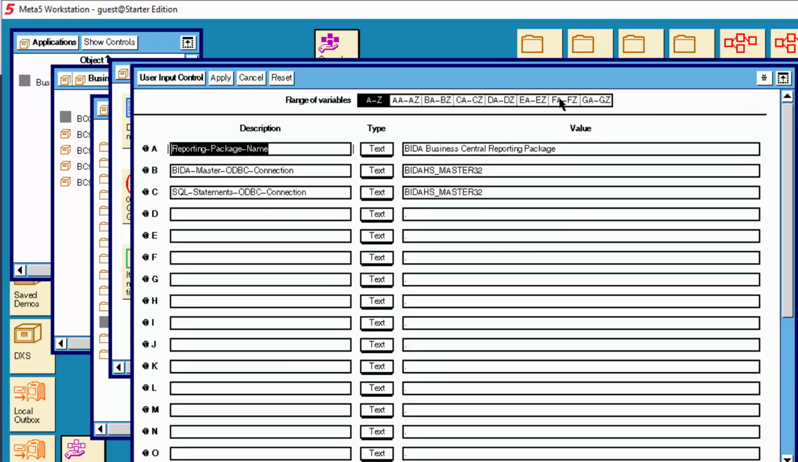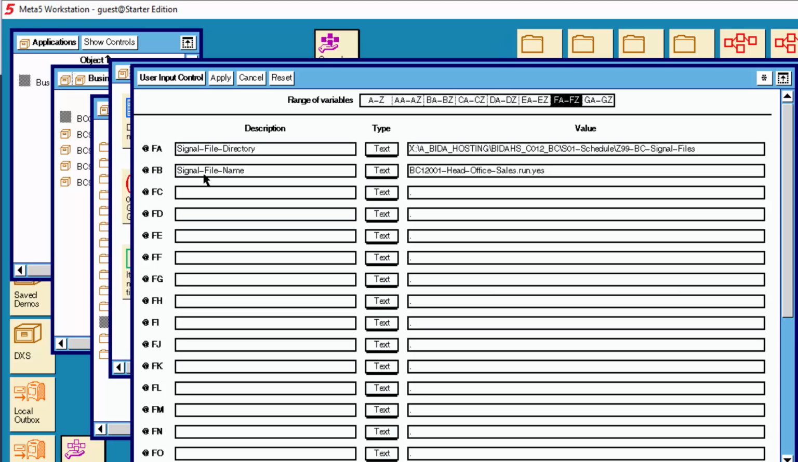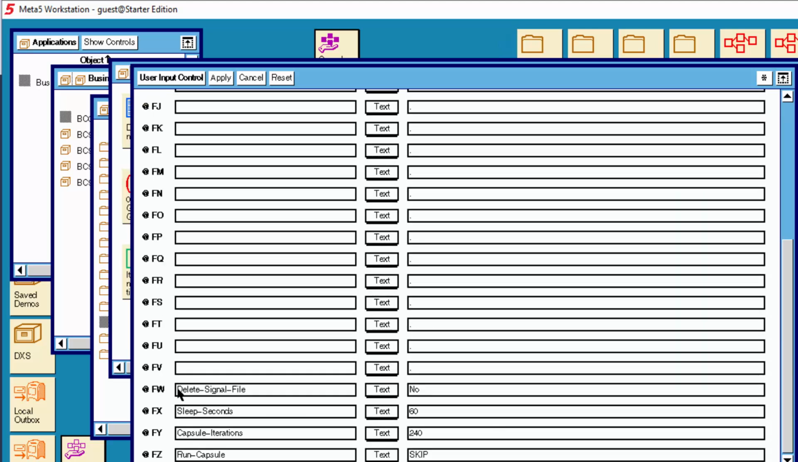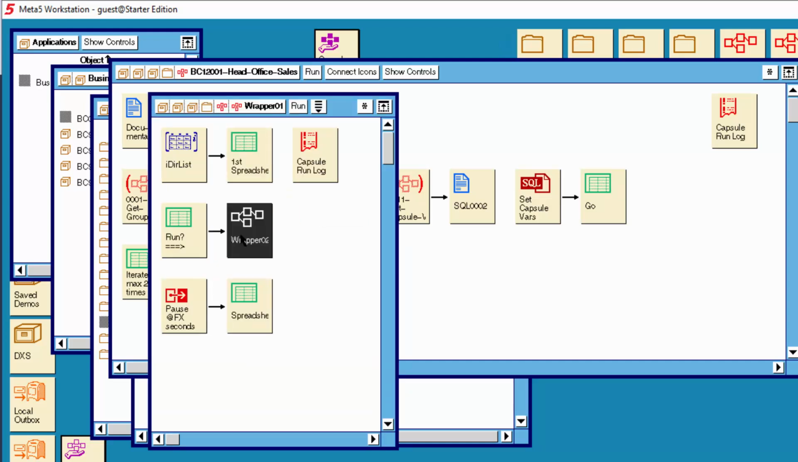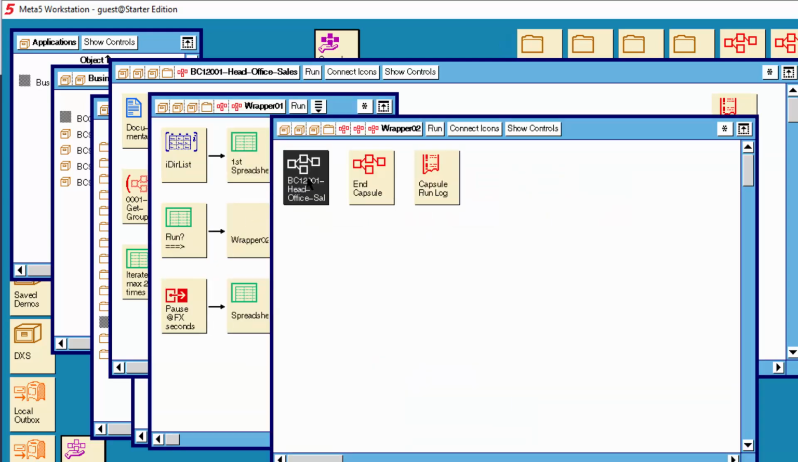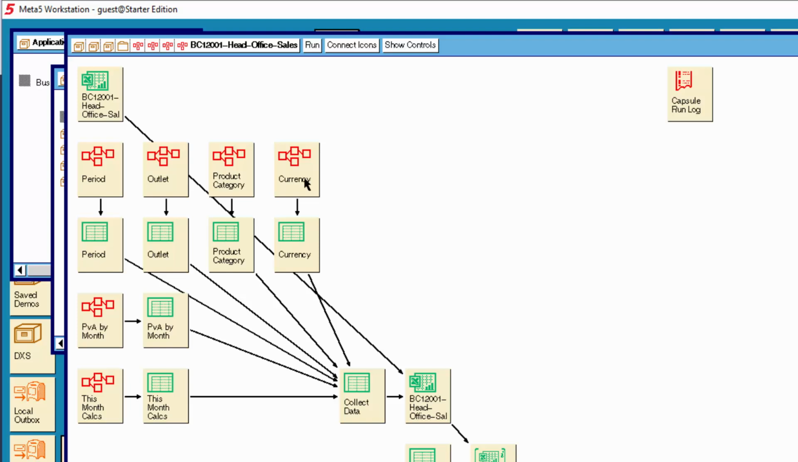We can go to Show Controls. We can see the signal file name is set to the signal file for this capsule. So you can see the second line of icons retrieves the correct variables for this capsule. You can see wrapper 1 looks the same. What I will do now is take you into the capsule and show you the actual capsule that will be